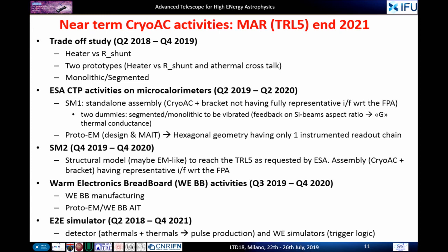Then next year we have planned to reach TRL5 as requested, and we are going to develop a second structural model having representative interface with the FPA. We are also starting now a contract for the warm electronics breadboard. This is important because we will plug this warm electronics breadboard with the Proto-EM, so we will have in one year a fully readout chain from the detector, from the chip to the output